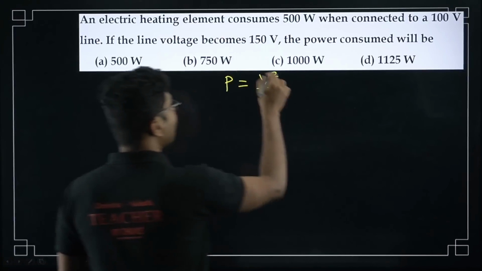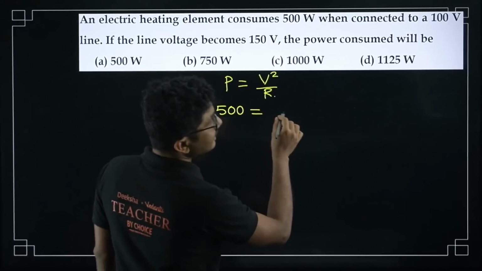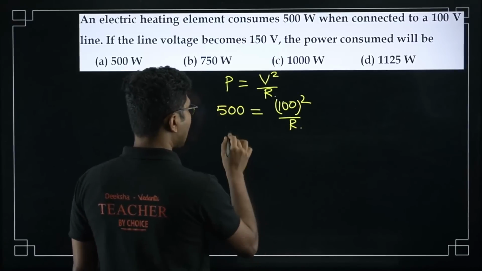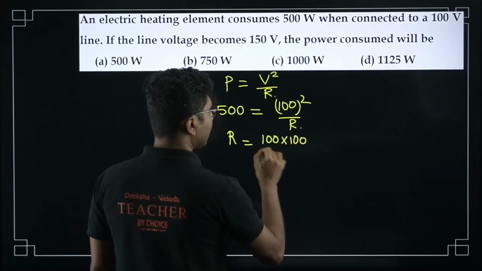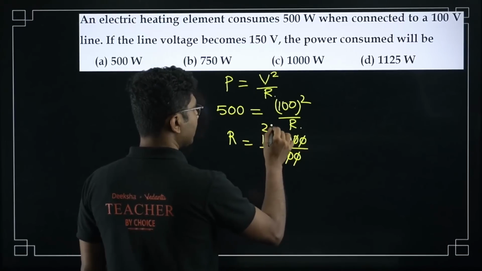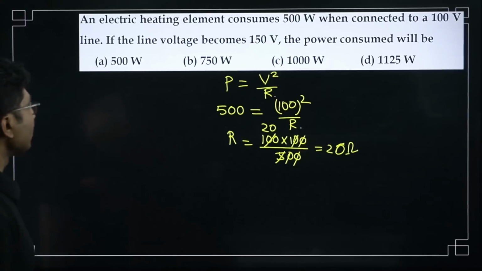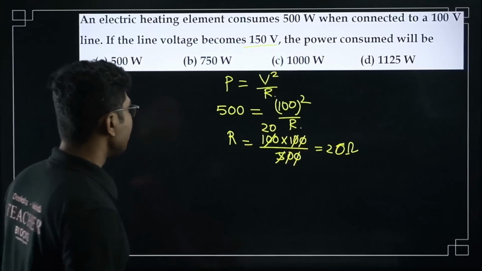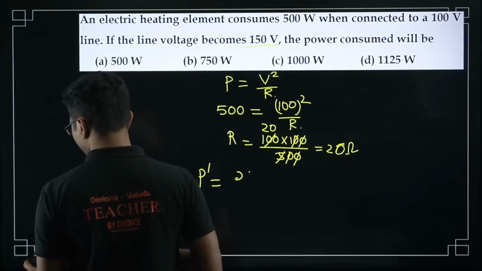So initially power was 500 watt and voltage was 100, so 100 square by R. So R is 100 into 100 divided by 500, so the zeros cancel, you get 20. So the resistance is 20 ohm. So if the resistance is 20 ohm, now voltage you have increased to 150 volt. New power consumed will be 150 square divided by 20,